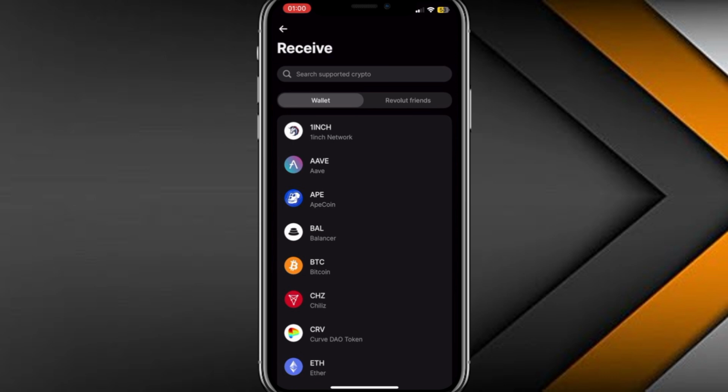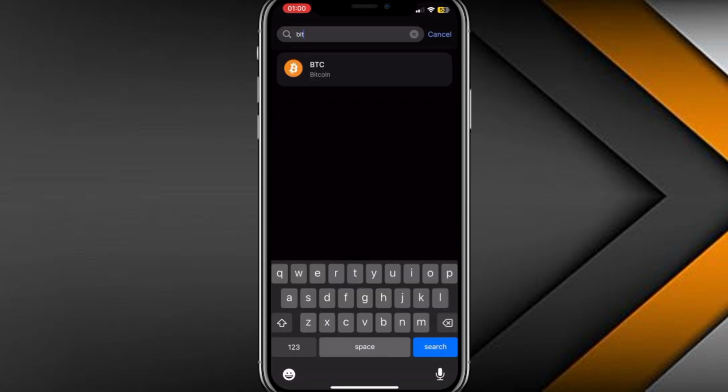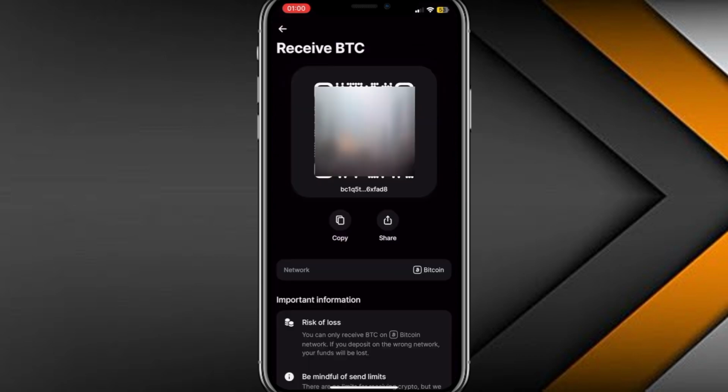Now, select the cryptocurrency you want to deposit. Take a moment to be precise here. Coins and tokens often have similar names and tickers, and some exist on multiple networks. Choose the exact asset you plan to move from your external wallet or exchange, so the address you get is